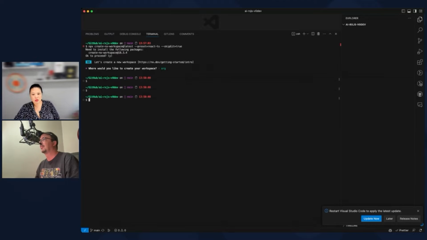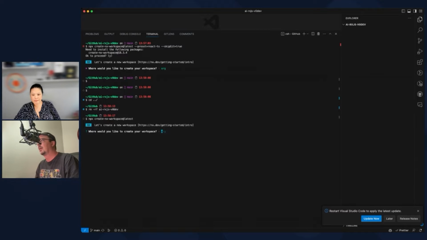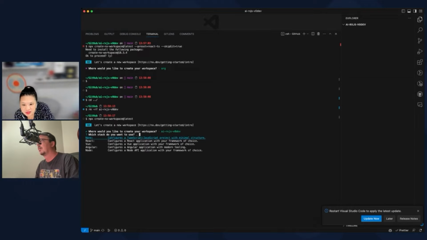All right, so what is this? This is AI RxJS v0 dev. Okay, let's see. Get rid of that, and then I'm going to do this again. Preset. I'm not even going to do the preset. Let's see what questions it asks me. Where would I like to create it? This is going to be created in the directory that was called AI RxJS v0 dev. None. Here's that minimal structure node. There's one to create an empty blank workspace. This isn't.